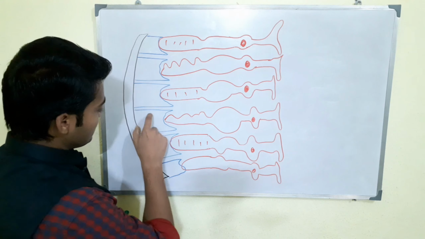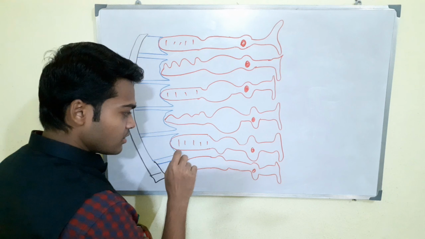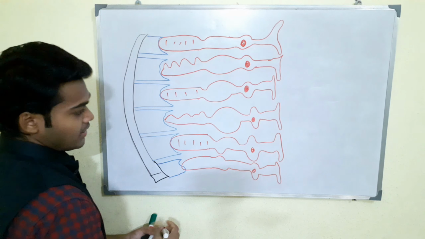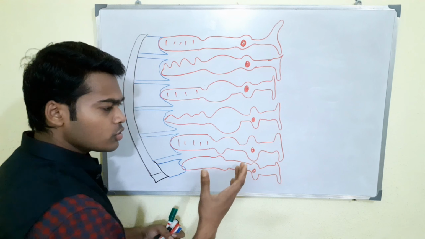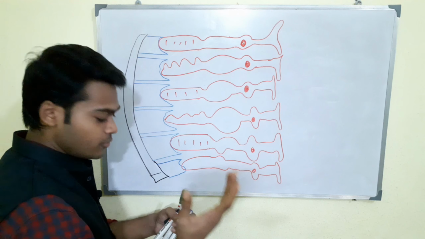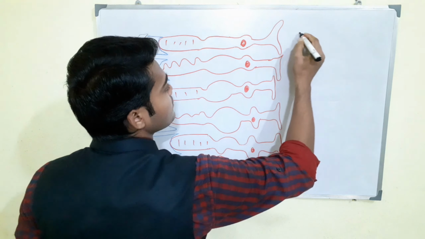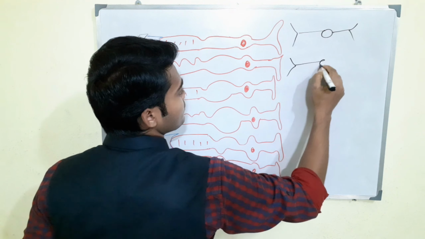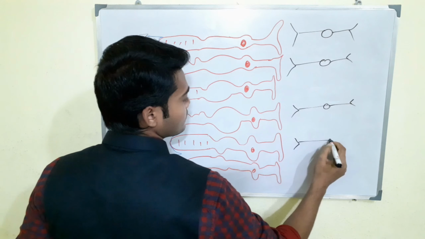Actually, what is happening now: this is the outer layer, the photopigmented epithelium, this is a rod cell and cone cell, meaning the photoreceptor cells. Now after this here is a bipolar cell. You may ask, what is a bipolar cell? Simply a cell which has two poles. So suppose the cell has two poles, I will draw it in black. Just assume the cell which has two poles. Clear?